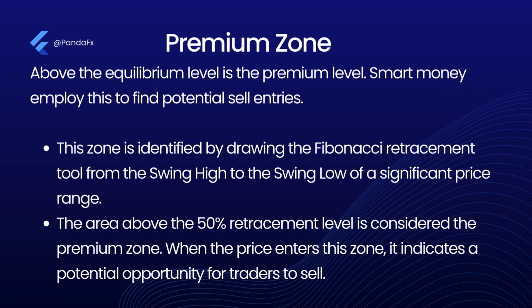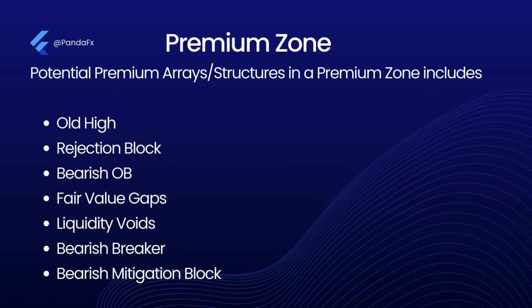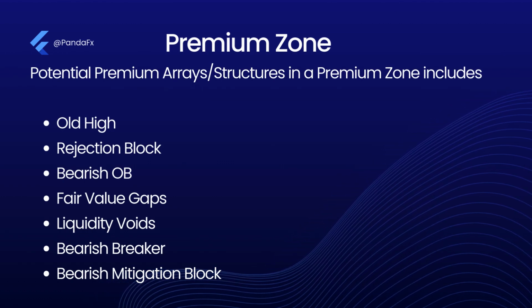But overall, if you are looking for sales, the premium zone is a very good place to look for sales. So, potential premium arrays or structures in a premium zone: you are going to find the old high, the rejection block, bearish order blocks, fair value gaps, most likely the BC, the liquidity voids, the bearish breaker, and the bearish mitigation blocks. These are potential sell structures, or potential premium arrays, you are going to find in the premium zone